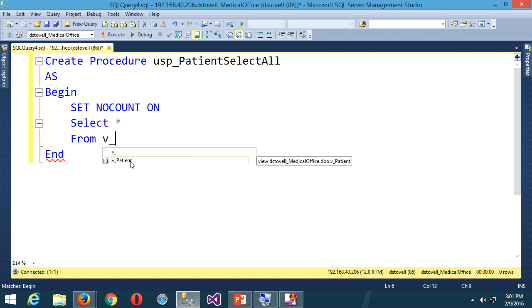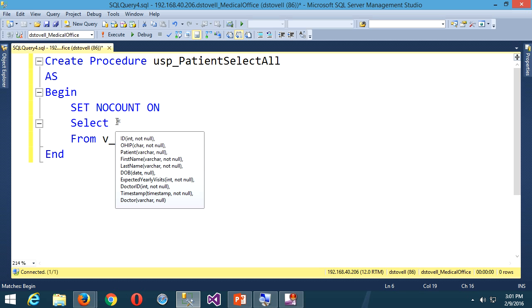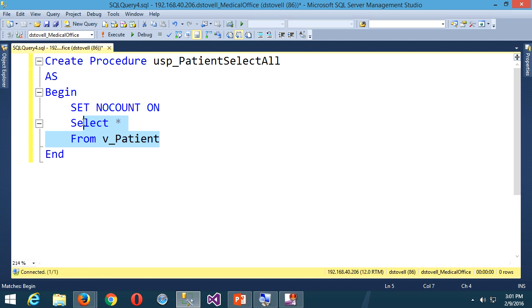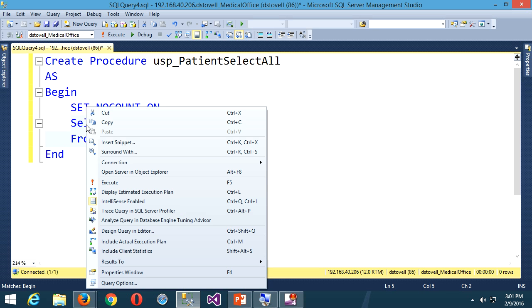So I have my V patient. Now, of course, you should never actually do a select star. It looks amateurish for one thing. Besides, it's dangerous. It's dangerous because if they make a change to the table, suddenly you're getting new fields you weren't expecting, and that might cause problems. You're better to catch that early by actually specifying, but I'm lazy, so I like to do that,